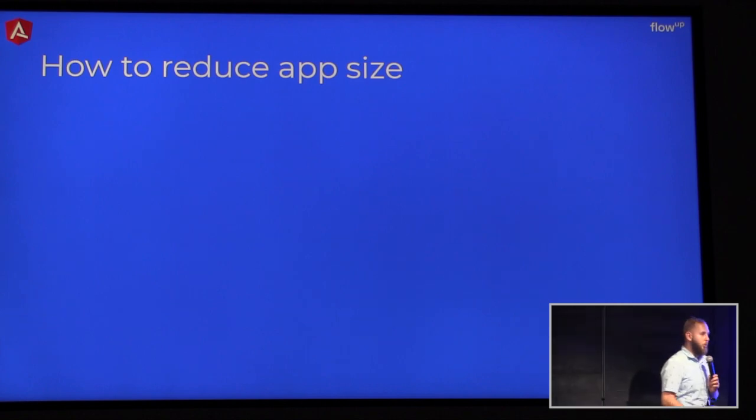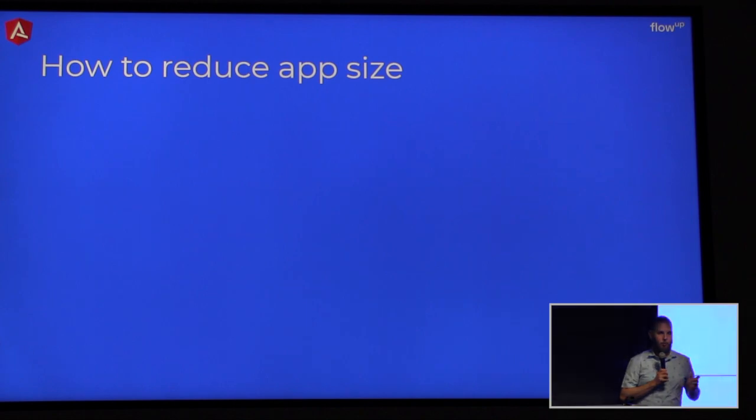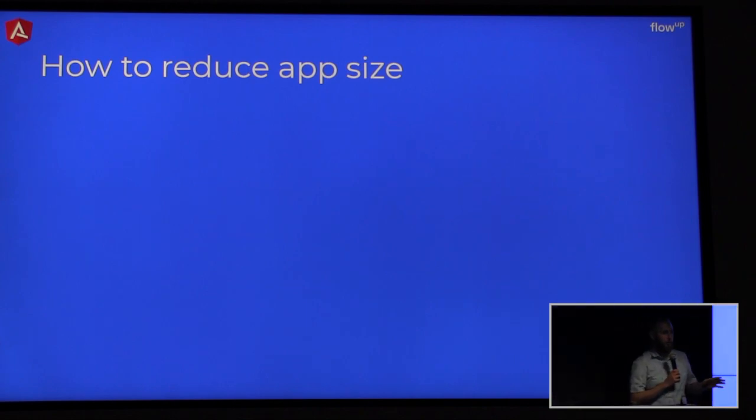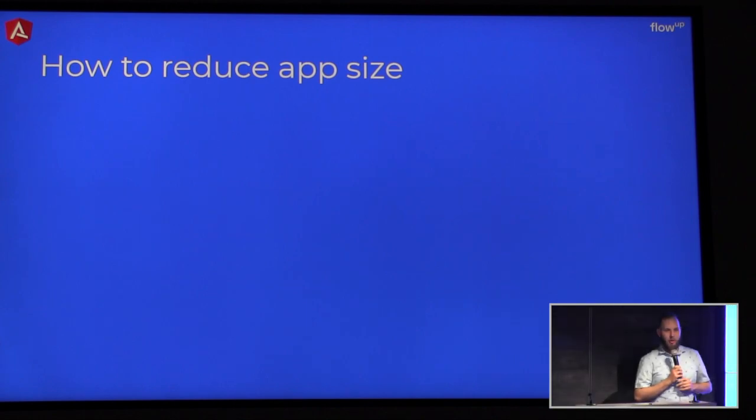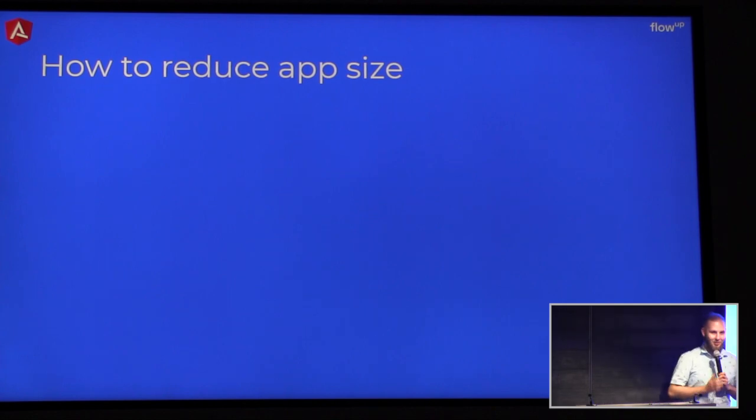How would you reduce an application size if it was your daily job? What would you do? What was the first thing you were doing with your application? Has anyone got an idea? Anyone? Okay, no ideas? Okay, so